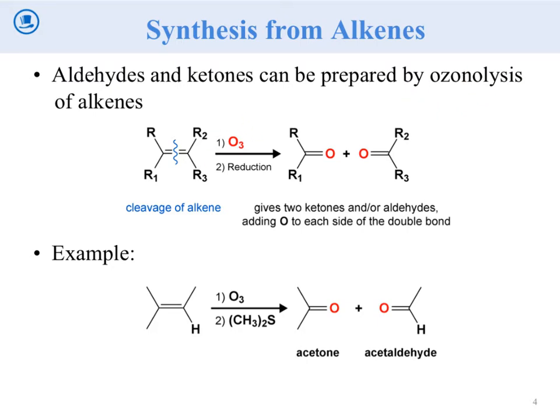Use ozone, O3. And the cool thing it does, I always think about like a pair of scissors cutting an alkene in half. When it cuts it in half, this was carbon 1 and carbon 2, as it splits it down the middle, it just puts an oxygen on either side. And that makes two carbonyl groups. So here's an example. This is carbon 1, carbon 2. If we think about splitting this down the middle and putting an oxygen on either side,